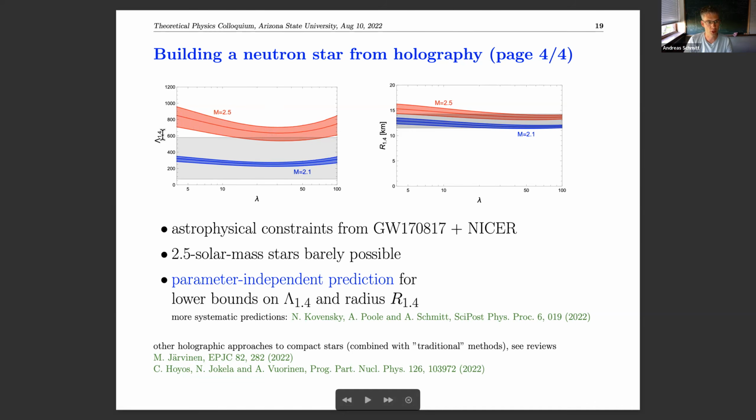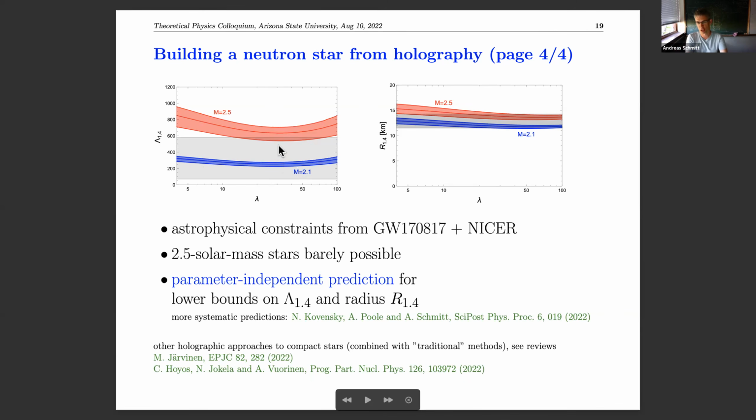But the interesting thing here is, so I'm plotting the tidal deformability of the 1.4 solar mass star. That's for which we have the observations. That's the gray band. One interesting thing is we have, independent of everything, no matter what our parameters are, a lower bound of this value, right? Because this blue band curves up. So no matter what our parameters are, there's a lower bound. Because of course, you could say I can also create different maximal masses, but I can't go below 2.1. I know this from observations. And if I go higher, I go up.